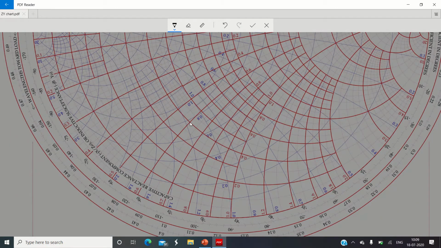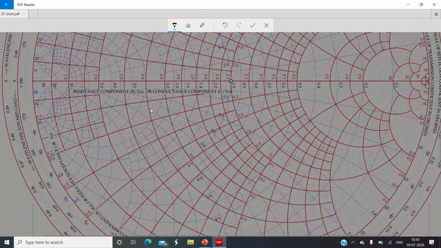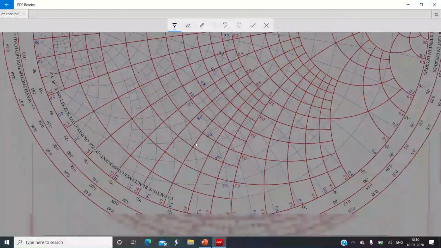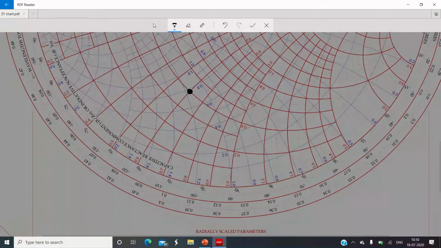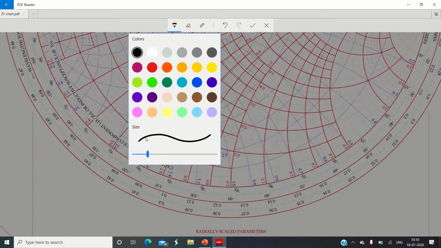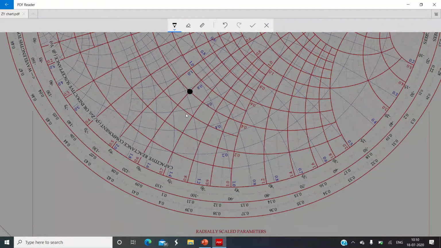0.4 and 0.6. So somewhere 0.4, right? So this is that particular point. Please remember. Okay, so highlight this point, and call this point the ZL point. So I will write over here. What is this point? This point is ZL bar. Bar indicates that it is a normalized load impedance point.